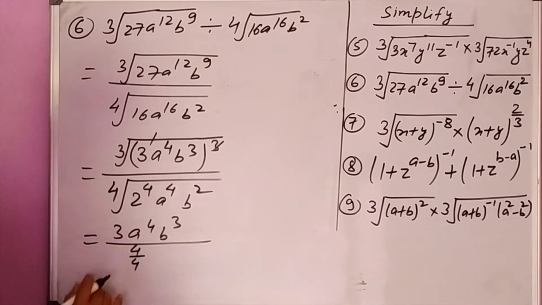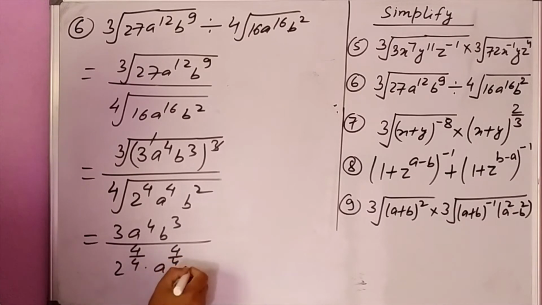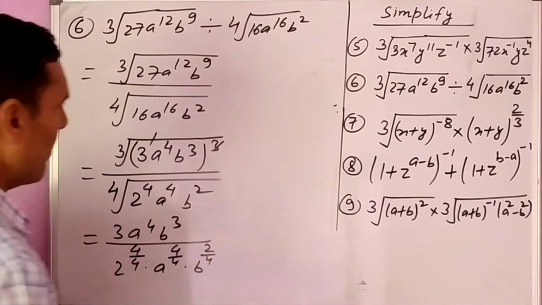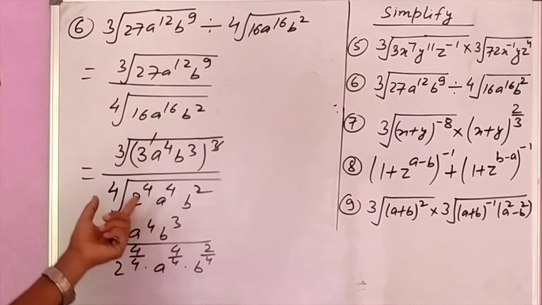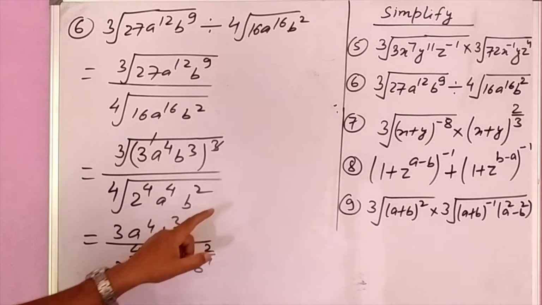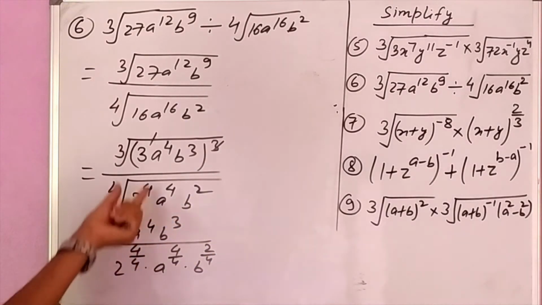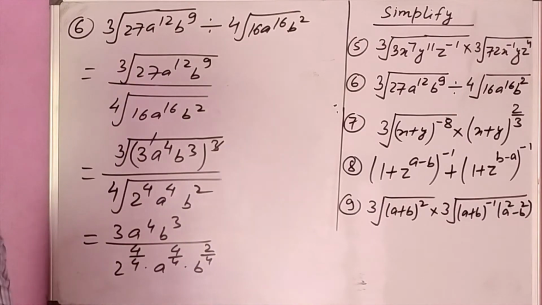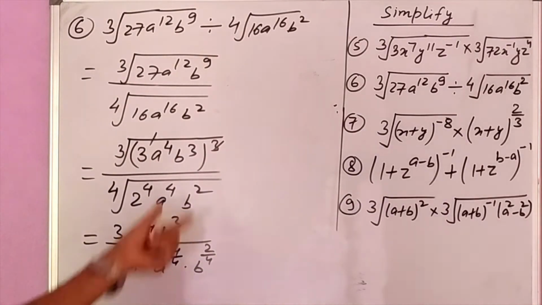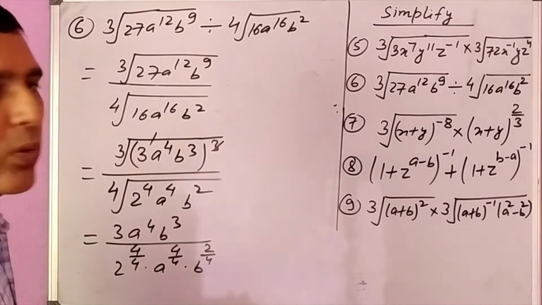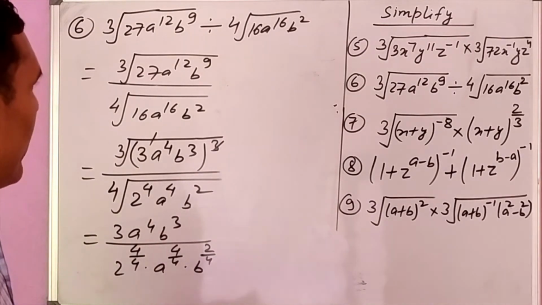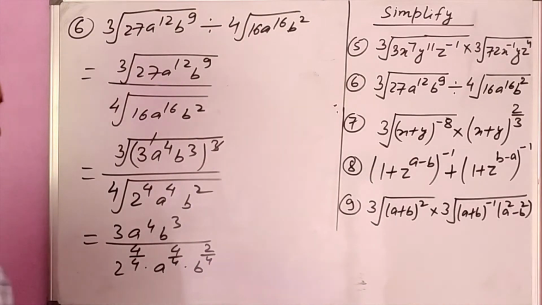Look here now, we can write like this, a to the power also 4 upon 4, and b to the power 2 upon 4. We cannot make the single power here, cube or order 4 here, because order is 4, so single power 4 we cannot make it. For this 16 and a to the power 16 we could make it, but due to this b it has 2 only, so we cannot make this 2 the multiple of 4. It is not any power of 4.